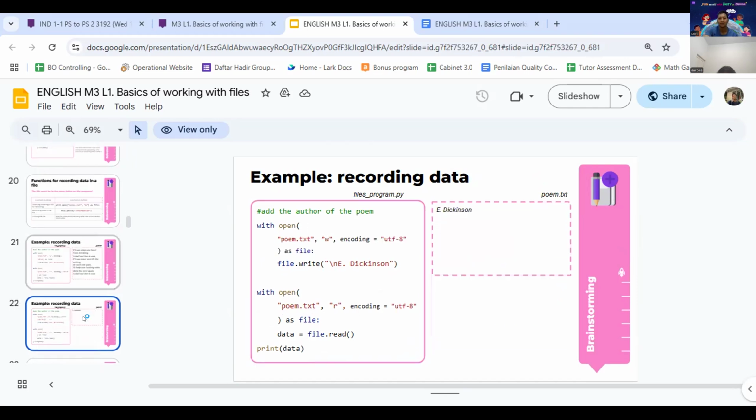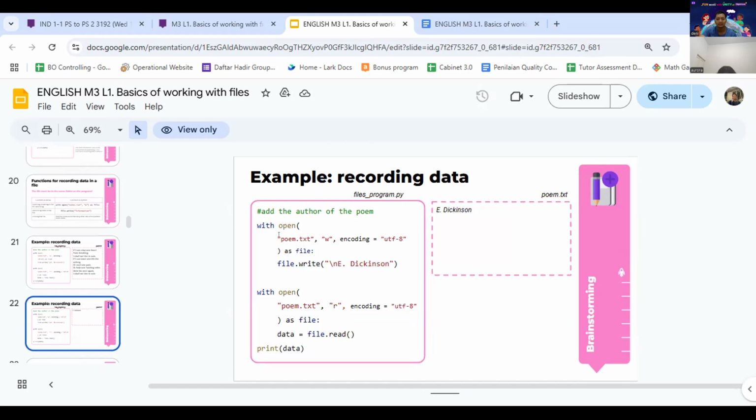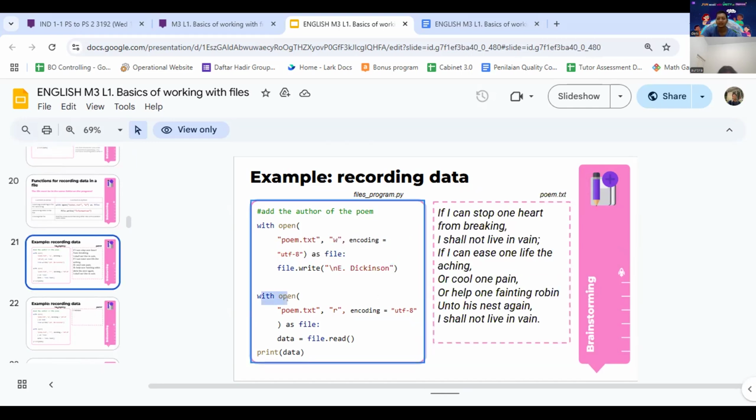When you run this code, because we use W, the data will be updated like this, just E Dickinson. The old file will be gone. Got it, Aurora? Yes. Now you just open the file, and when you run this code, because we use W, the old file will be gone, before and after.